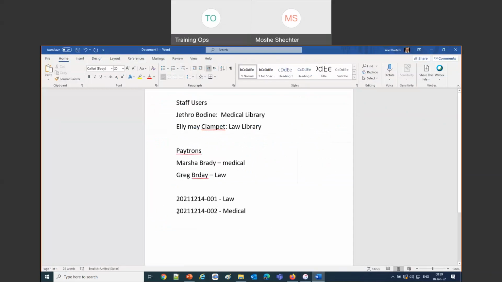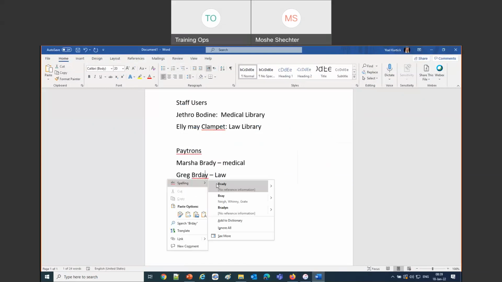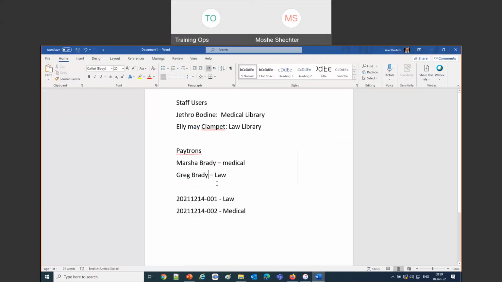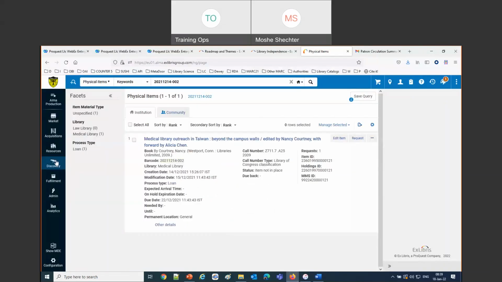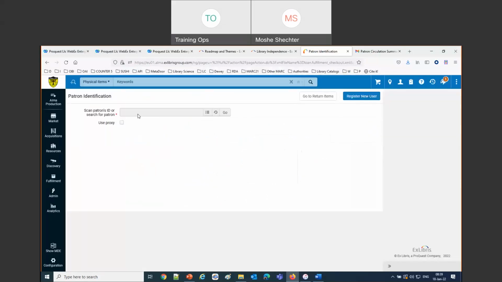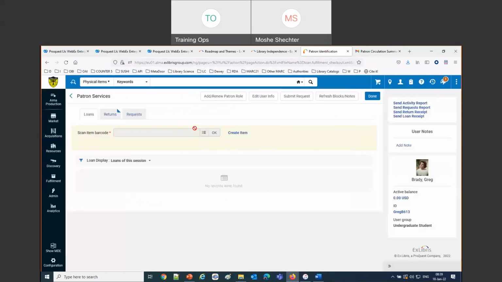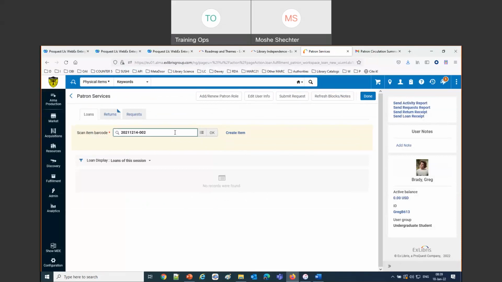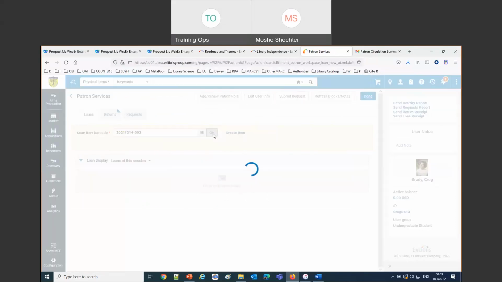So if we try to loan this, for example, to Greg, it's not going to work because his patron role is in the law library. So if I were to come now and say manage patron services and choose Greg, and try to loan him something in the law library, I can't.